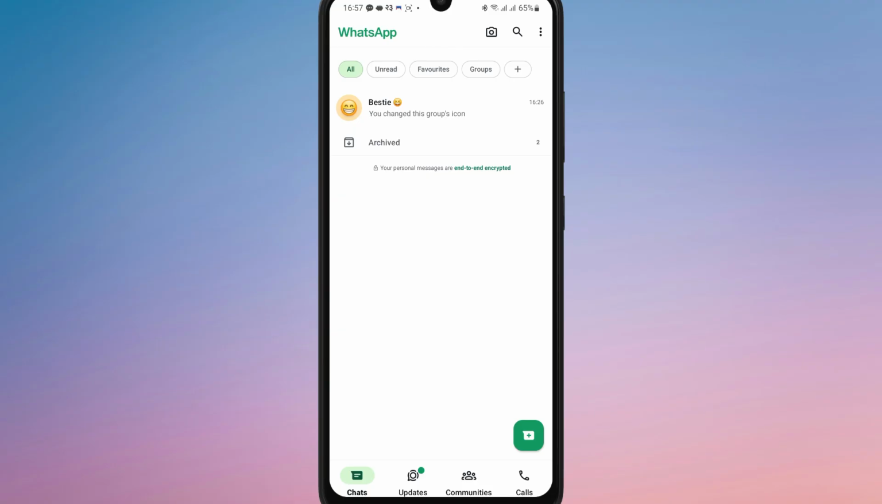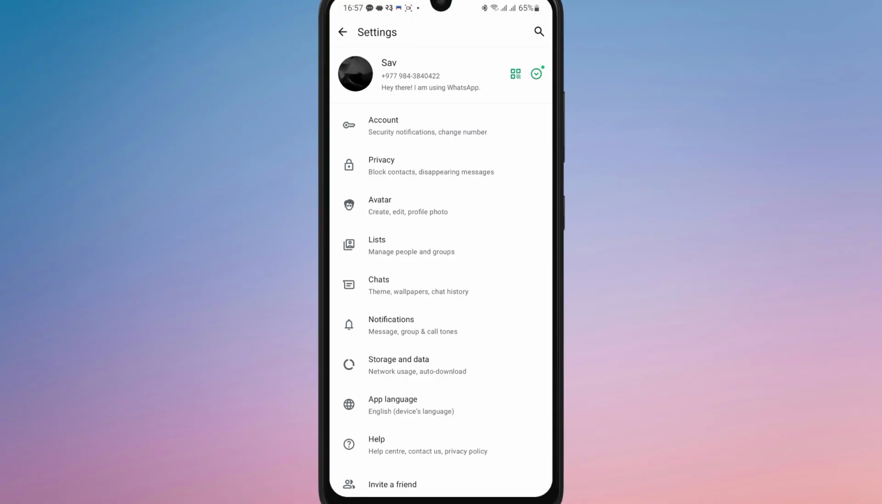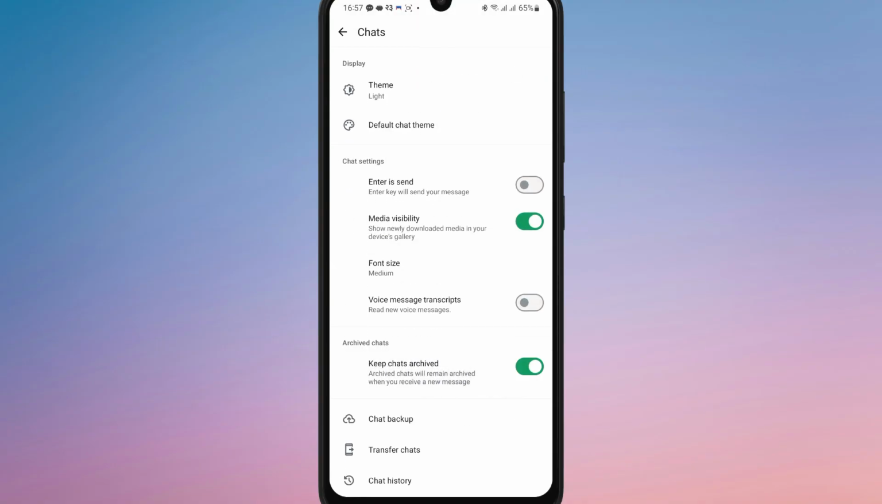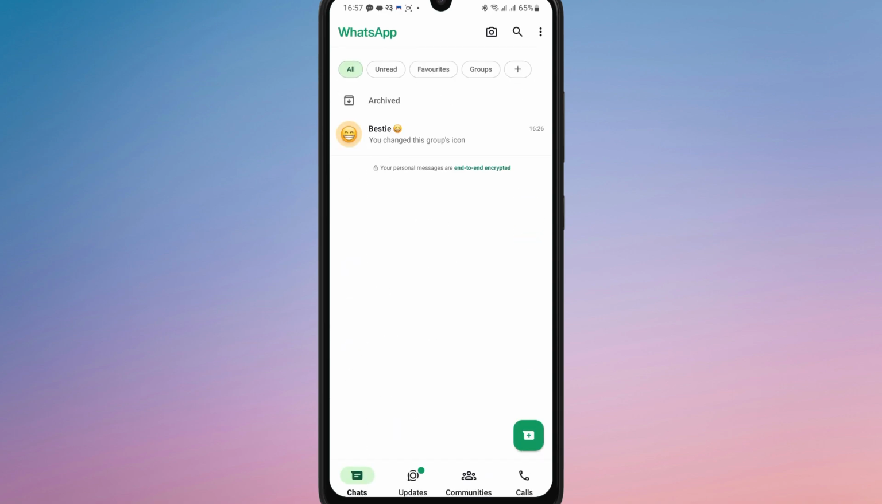Now, if a new message comes in from that chat, it might show up again in your main list. To prevent this, tap the three dots at the top right corner of your screen, go to Settings, then tap Chats, and find the option that says Keep Chats Archived. Turn that option on. This ensures that even if a new message comes in, the chat stays hidden in the